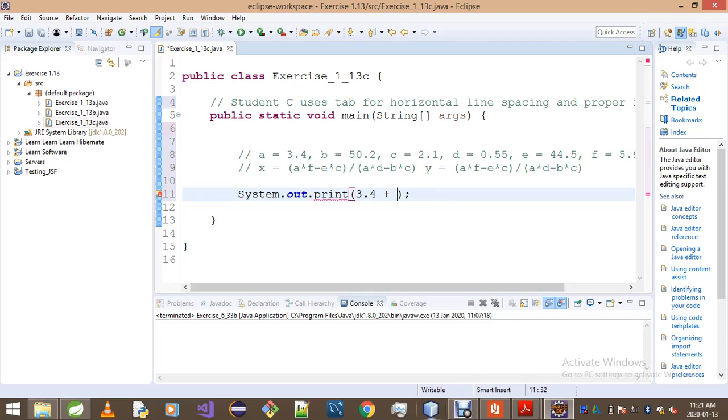We concatenate that with x plus. We also concatenate that with 50.2. We concatenate that with